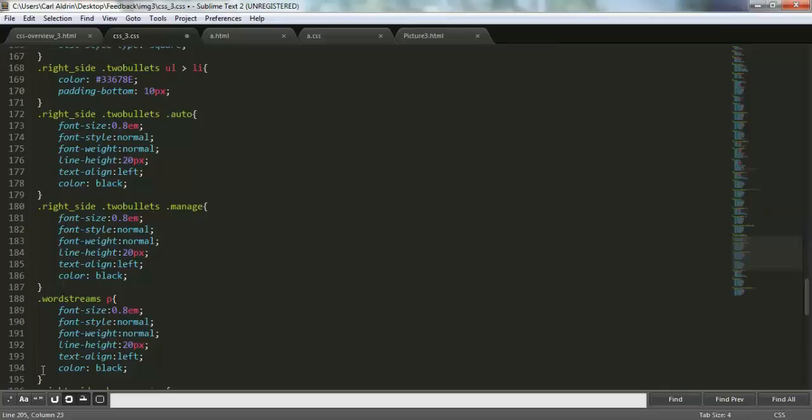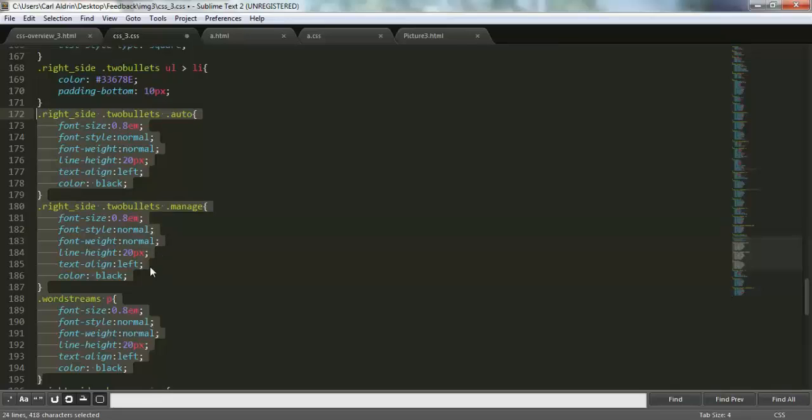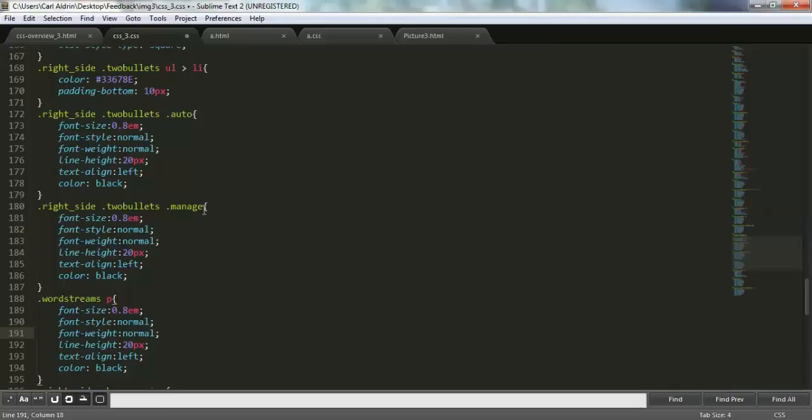Just like these three blocks of codes. These three blocks of codes are perfectly identical besides the selector. So to minimize or make it short, we have to combine these three blocks for your CSS to be shorter and more concise. So what we're gonna do is put the similar selectors in one block that would describe their CSS.